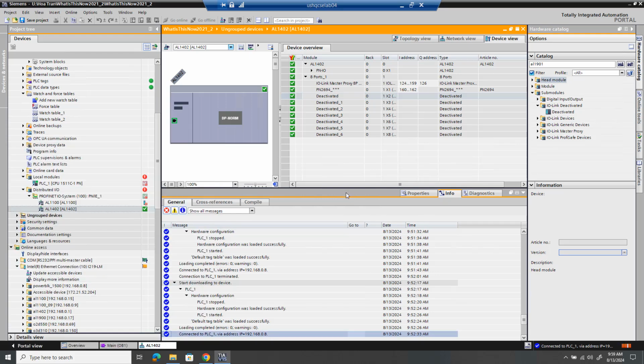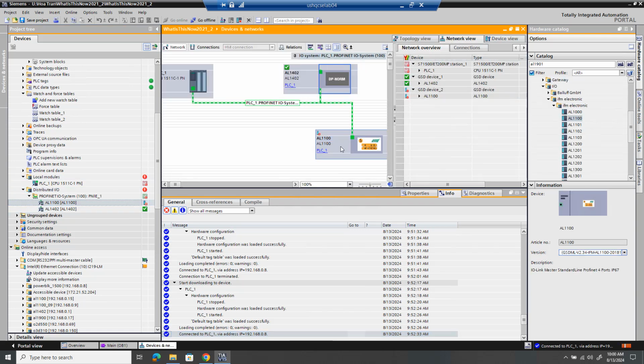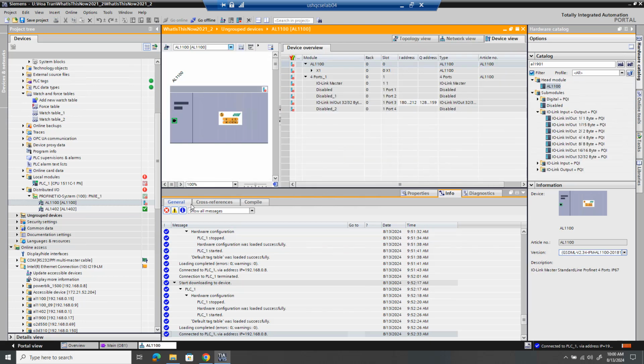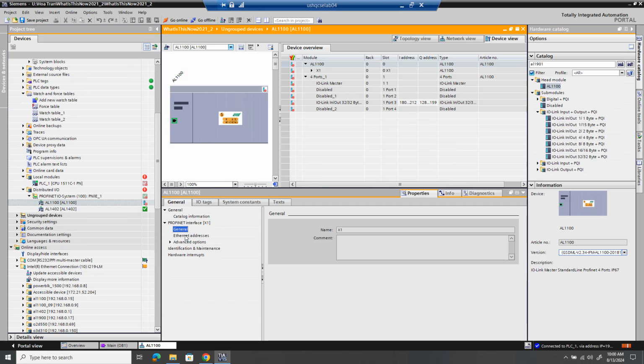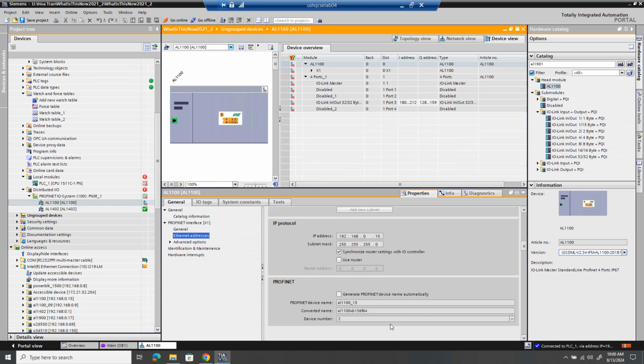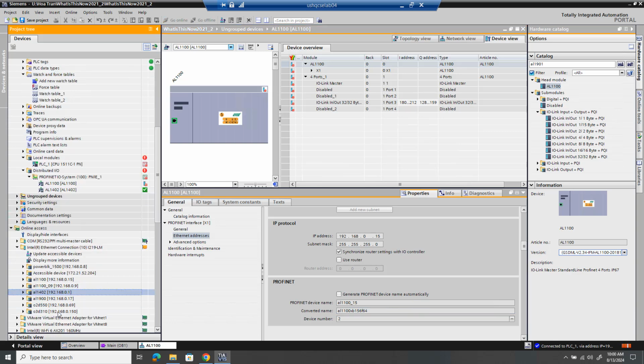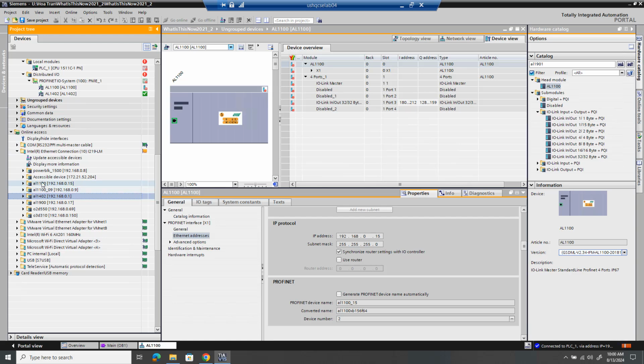All right, let's take a look at this thing here. So I had the AL 1100 set up and connected to the network, and these are the property settings. Obviously, I've disconnected it so that I can take the other AL 1100 that we have connected to the network now,